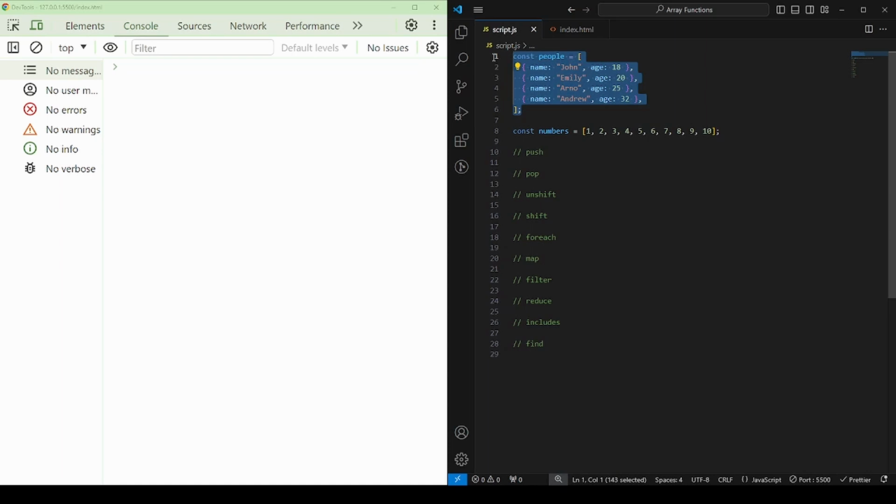So we have two arrays. One is a more complex array, and we are going to use this for more complex functions. And another one, which is just a simple number array. So this is really basic, but the first function that I want to go over is the push. The push will basically put another element to the end of your array. So looking at an example,